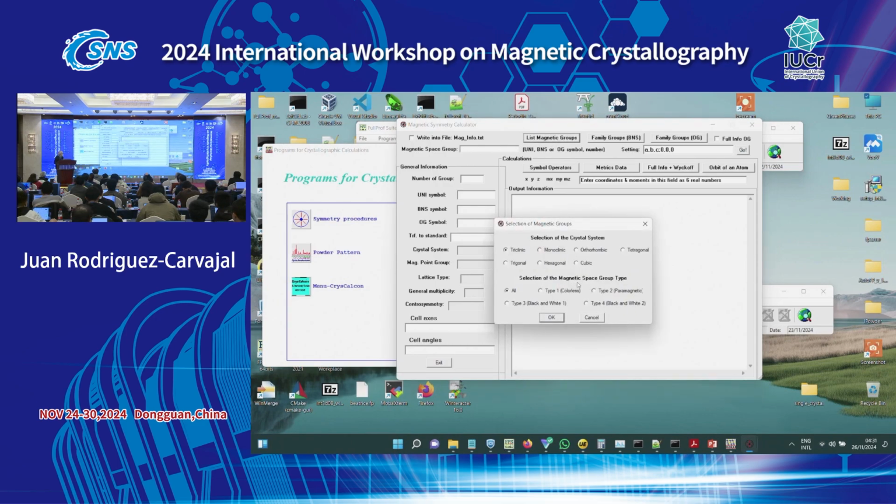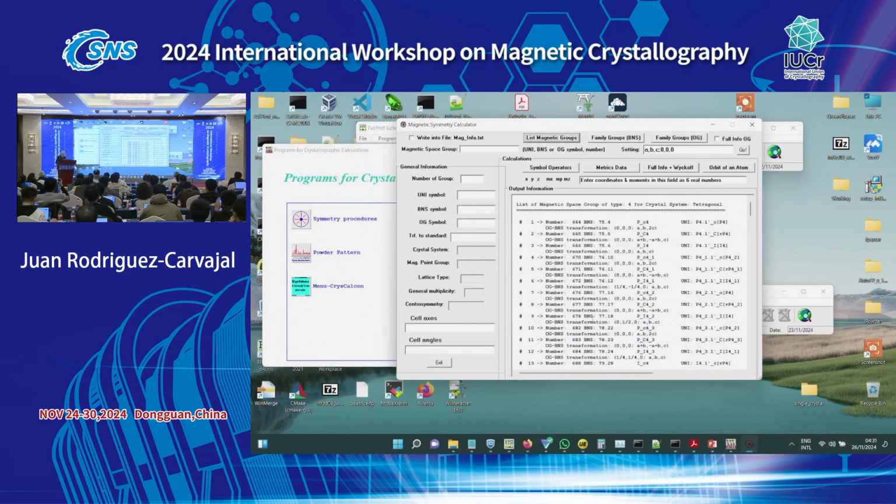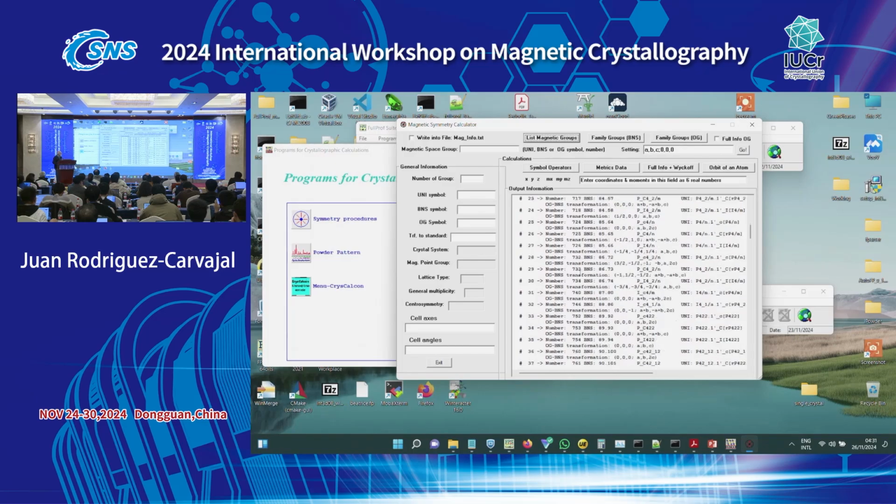Suppose that we want to explore the tetragonal system and magnetic space groups of type 1, colorless, type 2, paramagnetic, type 3, and type 4. For instance, type 4, you click here. Sorry, I did that, and then you see here the list of magnetic space groups of the tetragonal system of type 4.